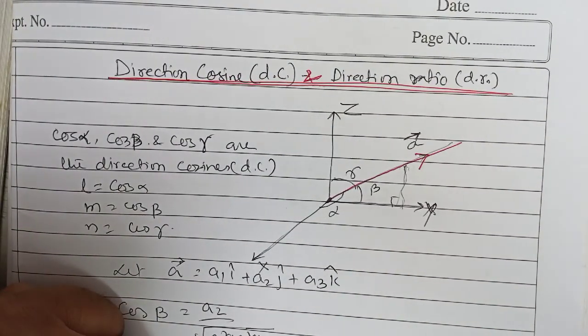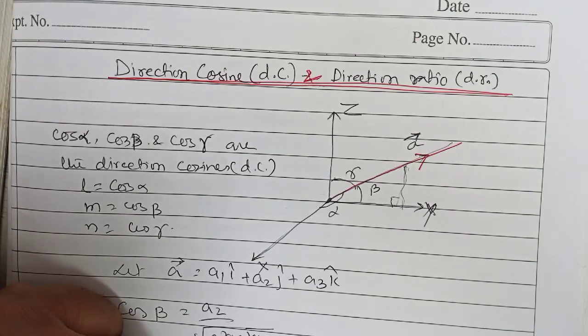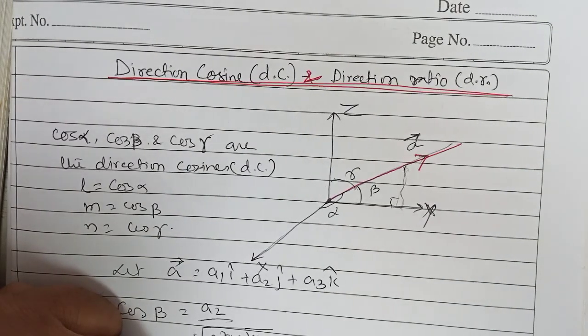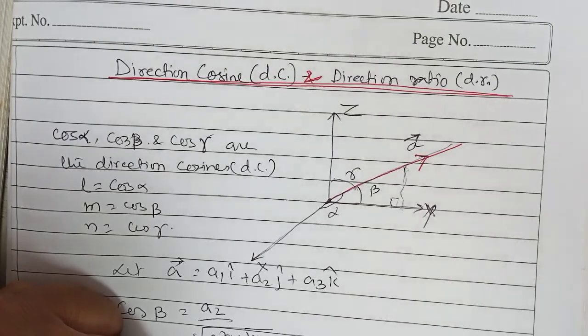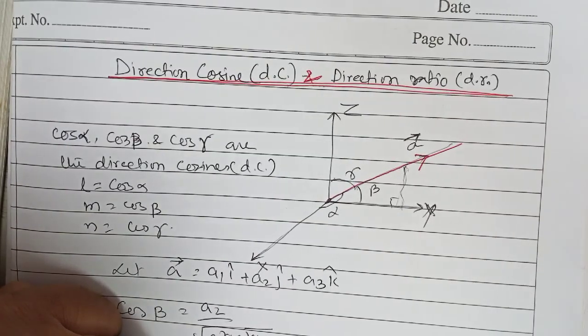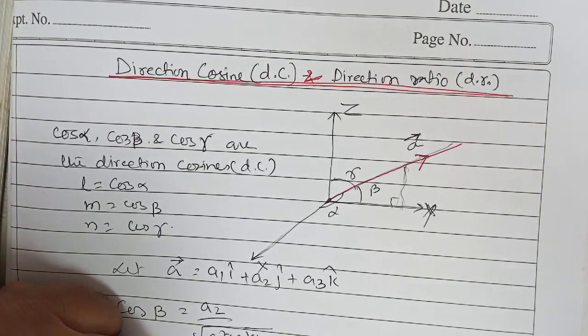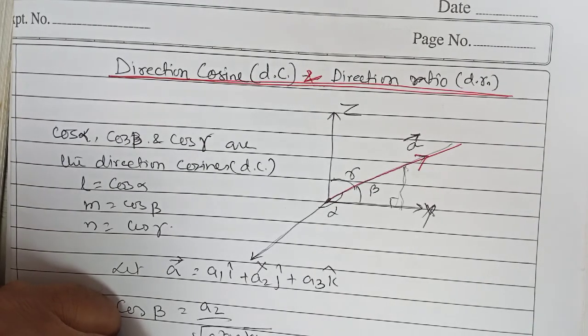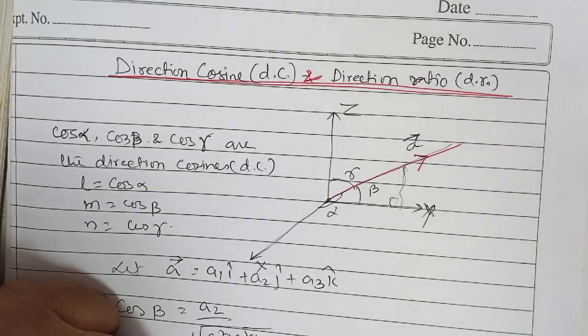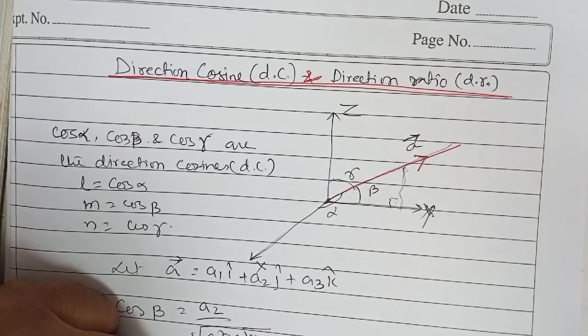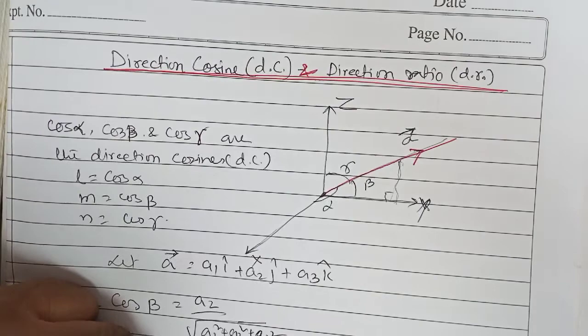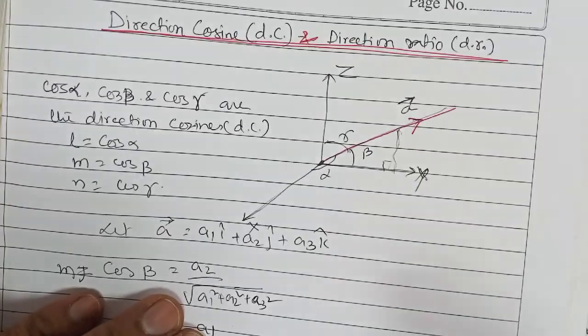So we have direction ratio and direction cosine. I already discussed them for a vector. Now direction cosine and direction ratio of a line. We always represent a line in terms of a vector, so the direction cosine of a line and of a vector are almost the same, that you understand. Once again, I am revising direction cosine.